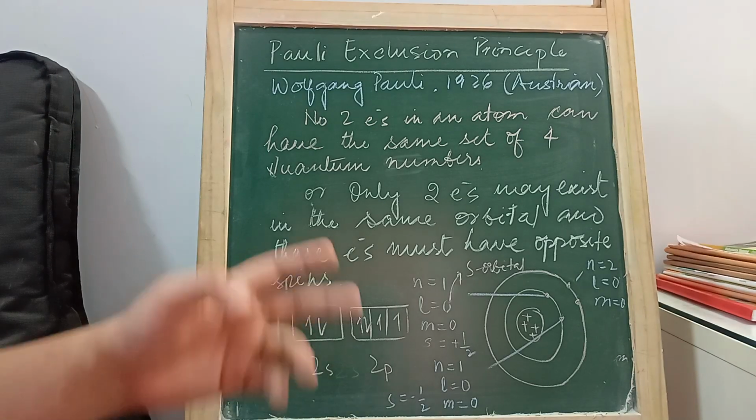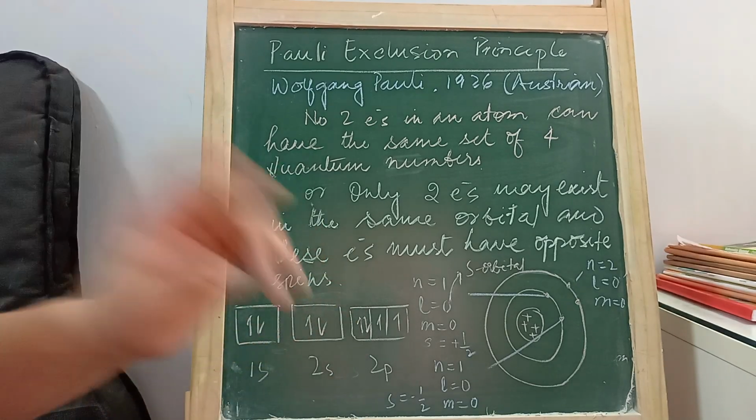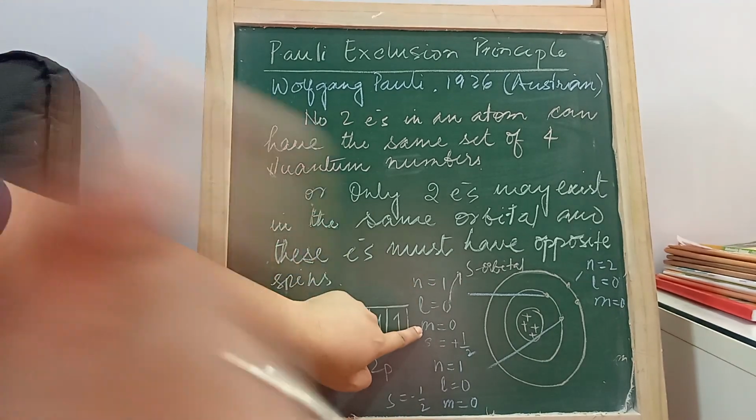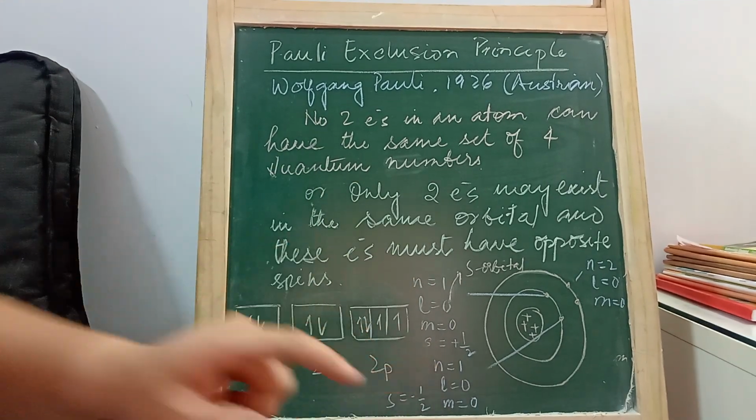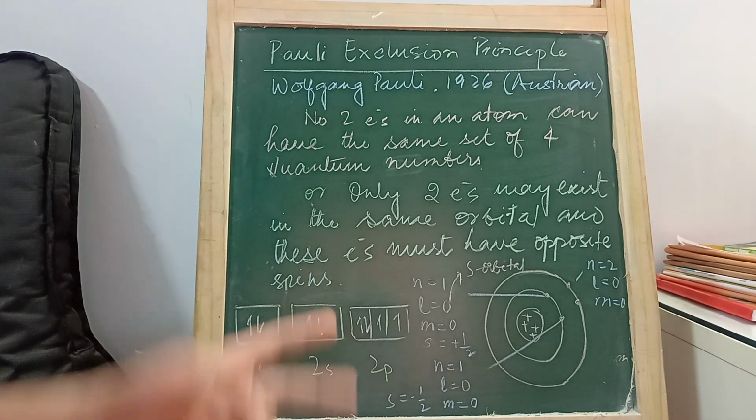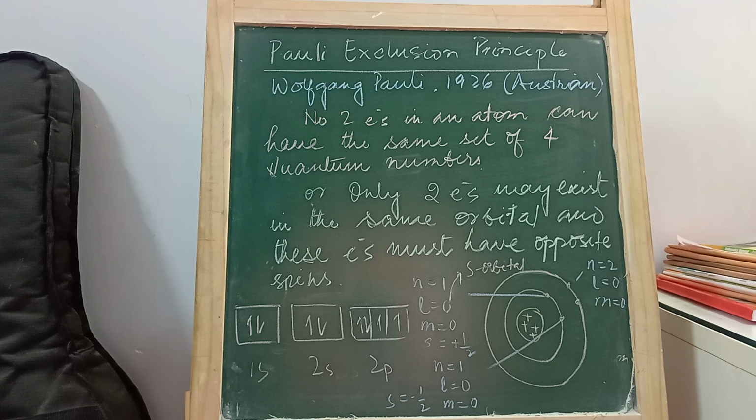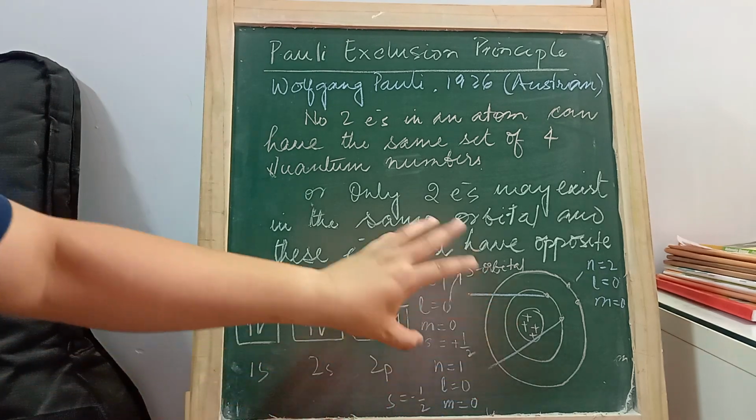Right? There are four quantum numbers, as we have learned earlier: the principal quantum number, the azimuthal quantum number, the magnetic quantum number, and last but not the least, the spin quantum number, which has only two possible values, either plus half or minus half. Right? Pauli says that there are no two electrons